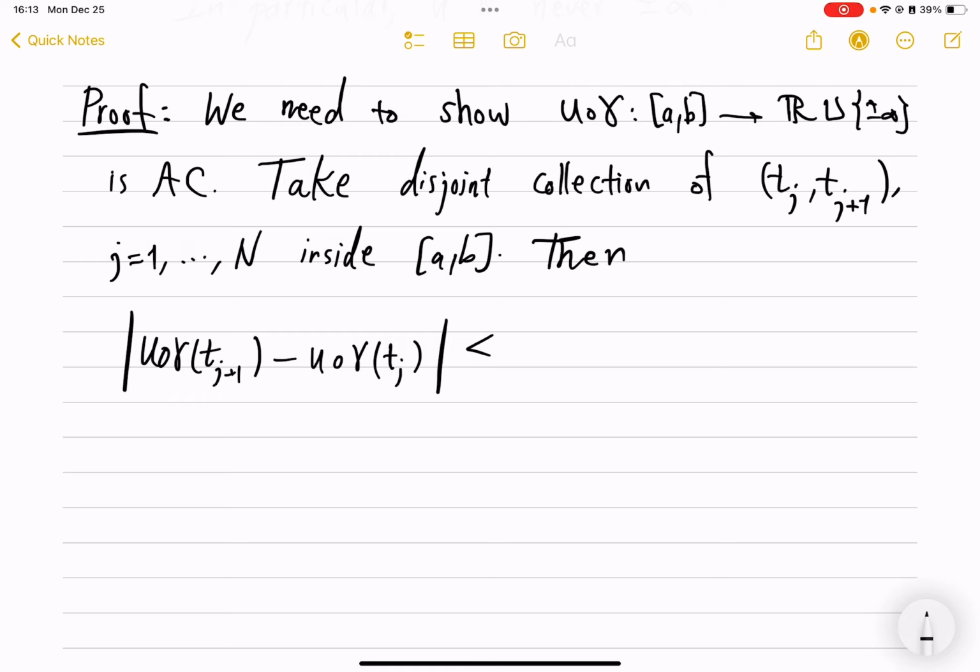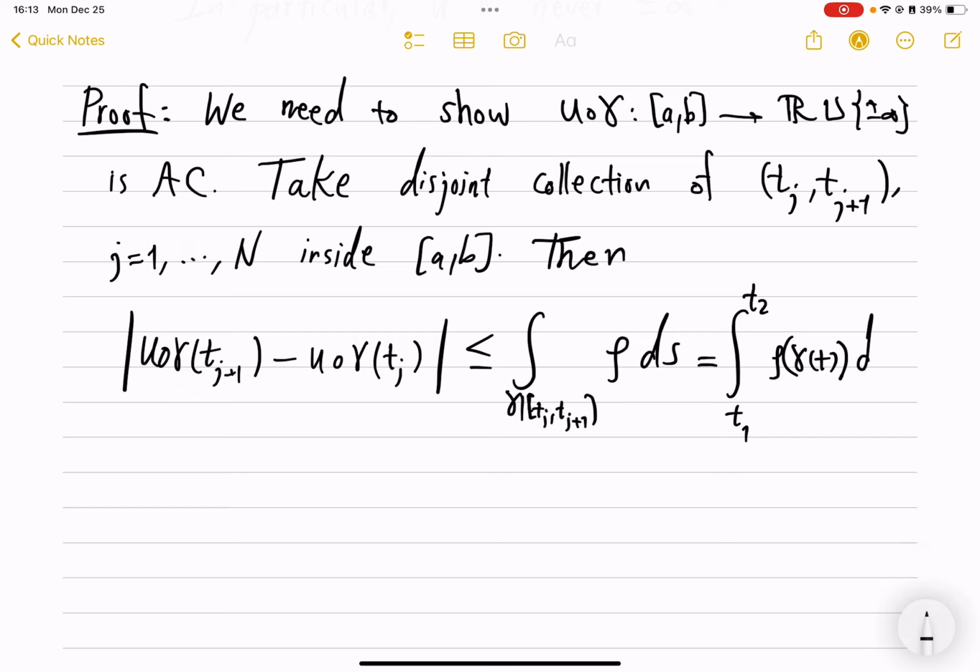So then u composed with gamma of tj plus 1 minus u composed with gamma of tj is less than or equal, because it's an upper gradient, to the integral over part of gamma restricted to tj and tj plus 1 of rho ds, which by definition is the integral from tj to tj plus 1 of rho o gamma t dt. Okay, so for every j this is true. (star)